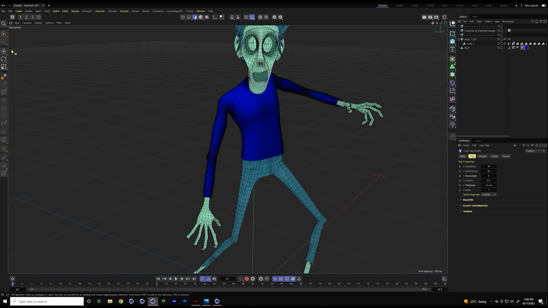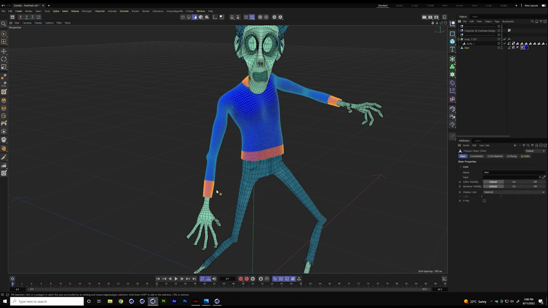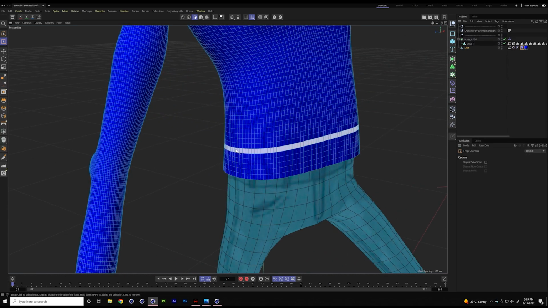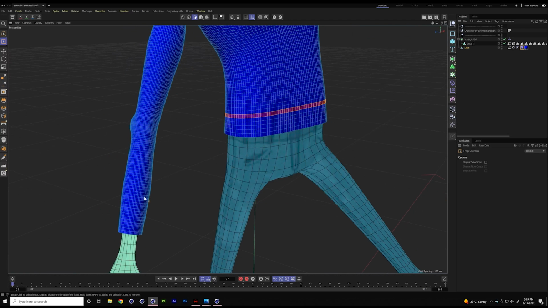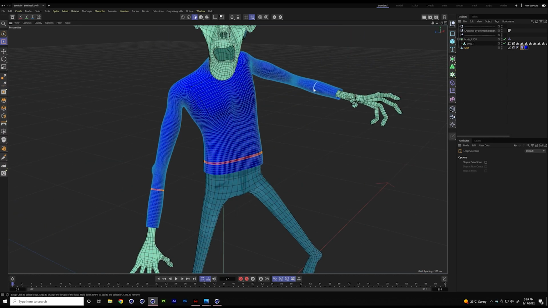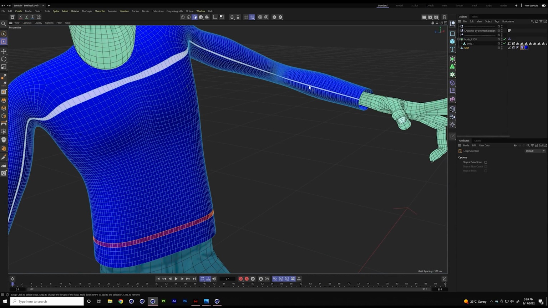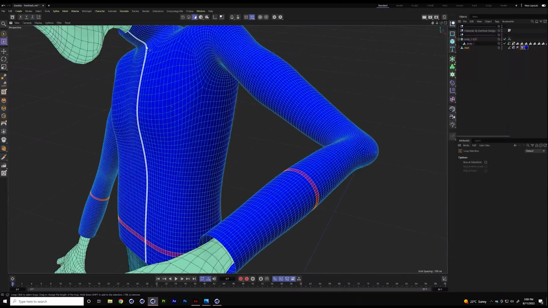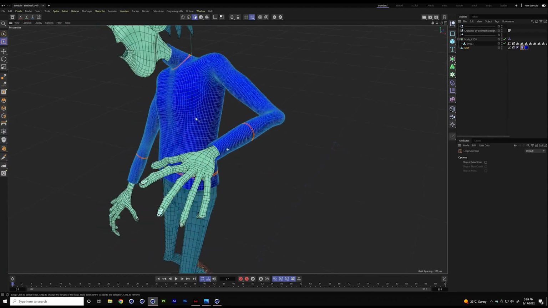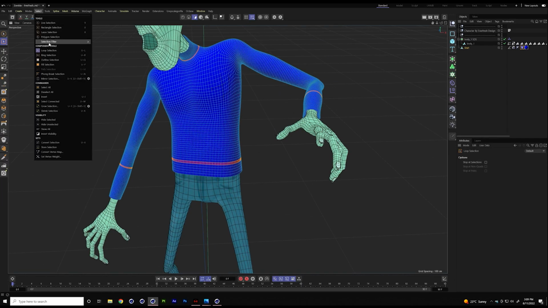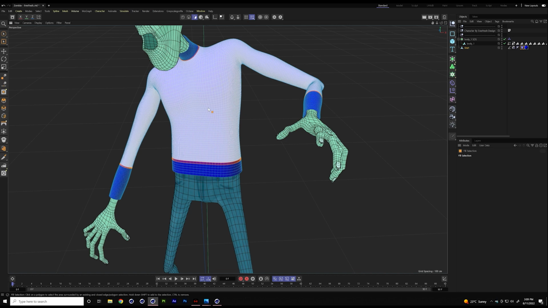I'm going to start with a polygon selection. I've made these selections already, and I'm going to show you how I did them very quickly. I'm going to select a loop around here. I'm going to select a loop around here. A loop around here. Whoops, undo. Just need to zoom in. There you go. I'm misclicking. There we go. And one around the neck. So what I want to do is select everything between these boundaries. So go to Select, Fill Selection. And there you go. I can just click here and I have these polygons selected.